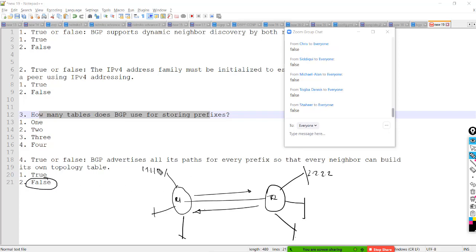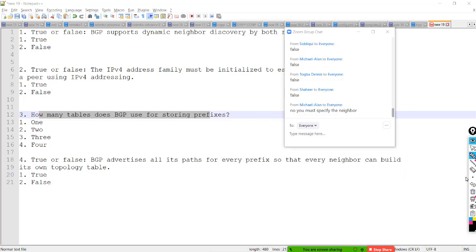You cannot have neighborship between these two because you have to manually define the neighbors for these networks. You will just have neighborship between these two only, one to one. Now let's say you want to have any other network form neighbors, then you must manually define them. So in BGP it's manual, whereas in the case of OSPF and EIGRP that would have been dynamic. As soon as you enable the network command and have done all the basic requirements, they form neighborship and start exchanging packets. But in the case of BGP it's manual.